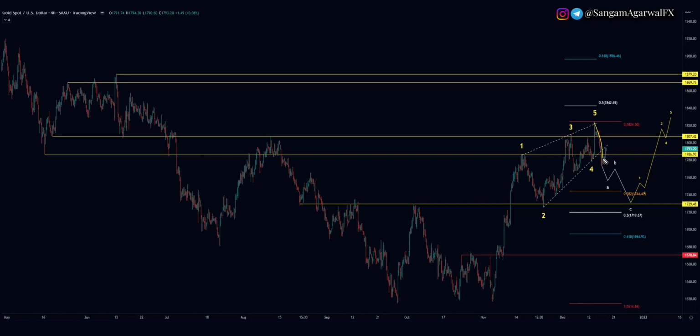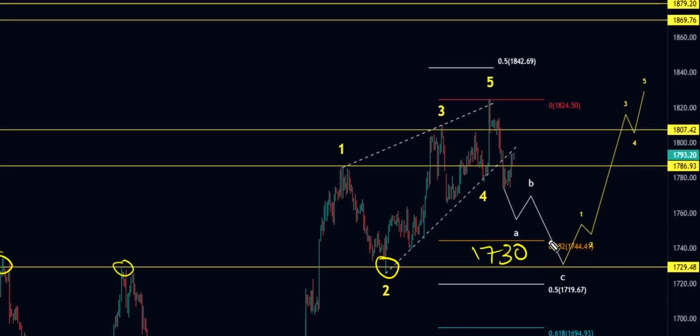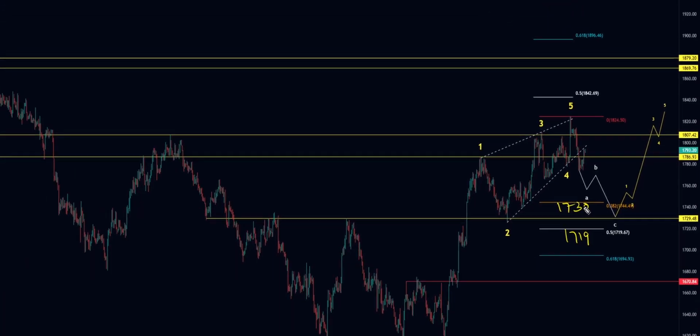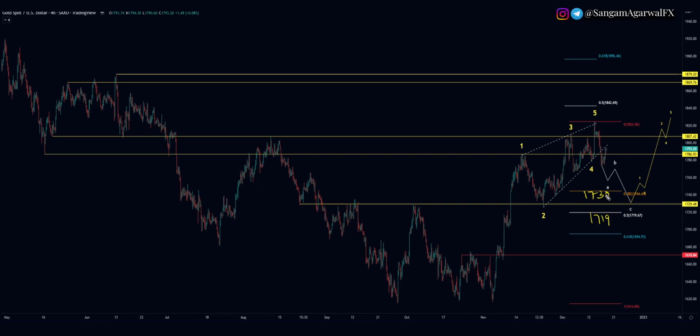Then you can expect a counter trend correction whose first target will be 1730, which is near horizontal support level and below 38% retracement level, and then we have 50% retracement at 1719. So these two levels are your support zone, and if you are looking for buy entry as a position trader, then you can buy at 1719,